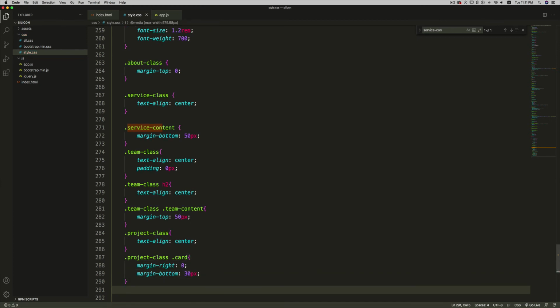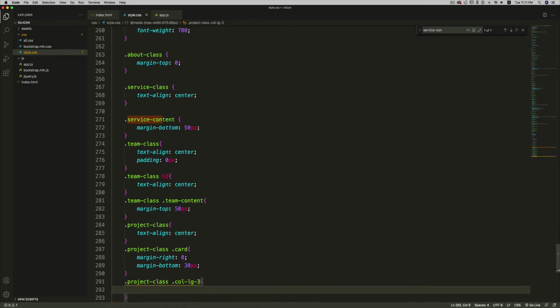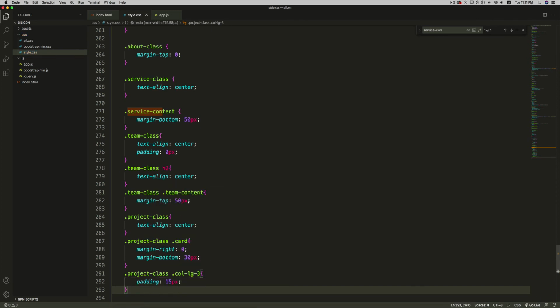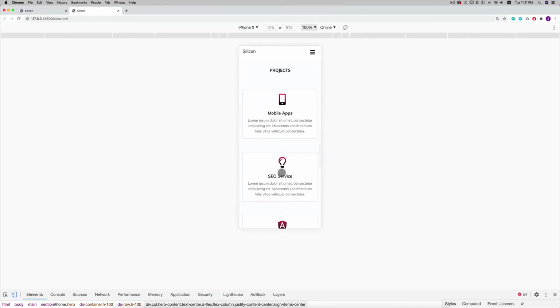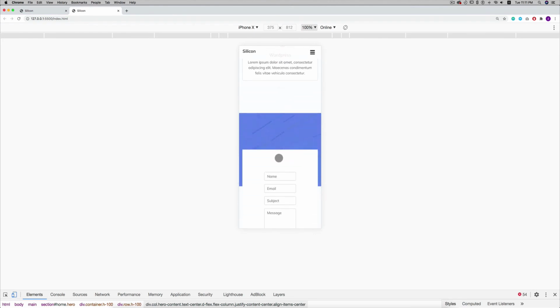Then I'm going to target the col-lg-3 class inside the project class, and I'm going to set the padding to 15 pixels. So let's see. So we have the project section. Now let's work on the contact section.